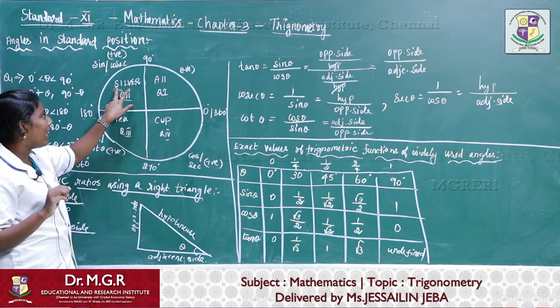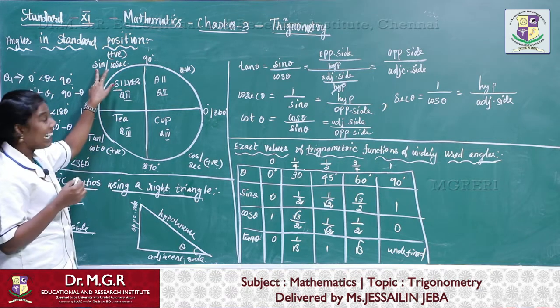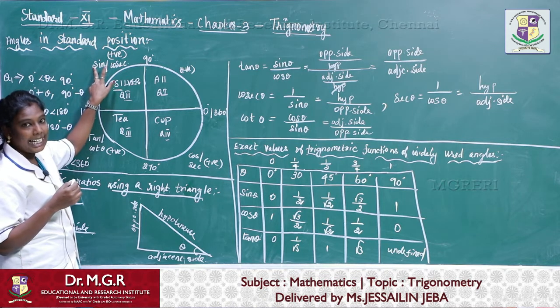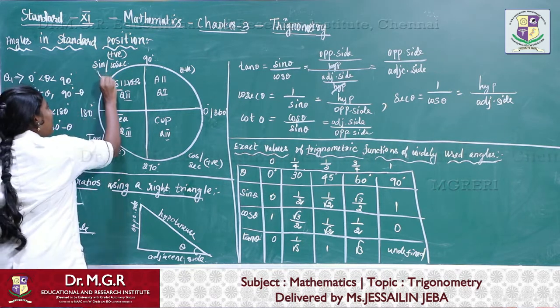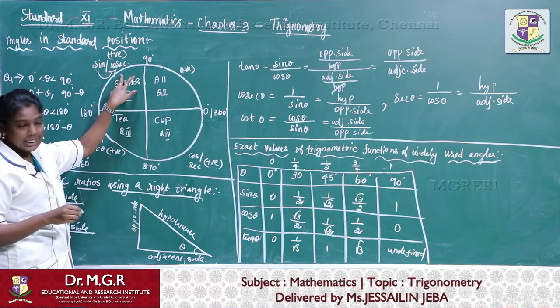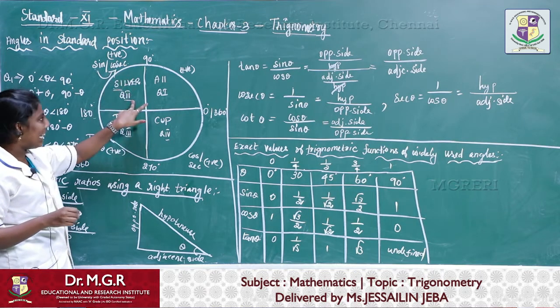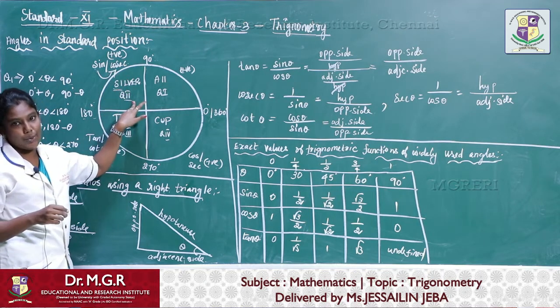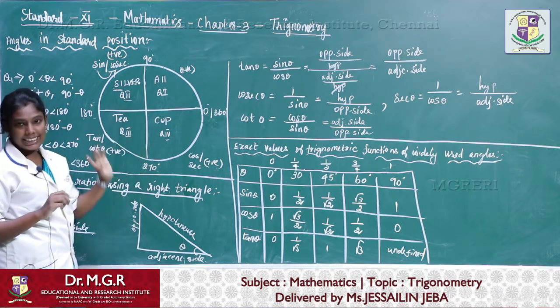Silver starts with the letter S, so our ratio is sin. The reciprocal of sin theta is cosecant theta. So sin theta and cosecant theta are positive in this second quadrant. These are all for the first and second quadrants.